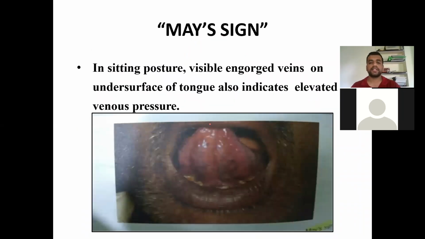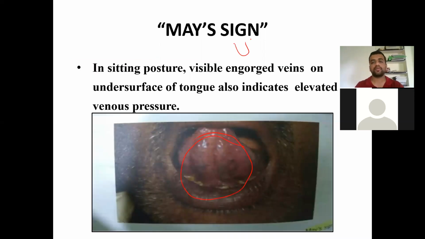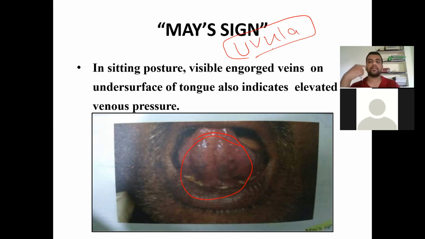So if there is a severe increase in the internal jugular venous pressure, then you may have prominent sublingual veins. And I said if it is extending intracranially, you will look for the uvula in the throat. If the person is sitting at 45 degrees, you are going to look for the JVP. If it is still not visible, you can ask him to stand, if the patient is stable enough. If it is still not visible, then you are going to put a torch into the oral cavity and look for the uvular pulsations. So that can tell you JVP is extending intracranially.